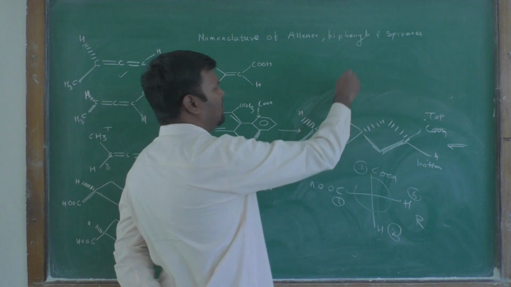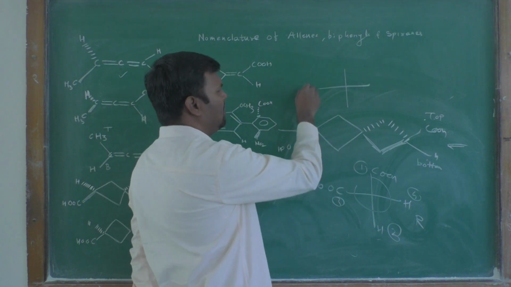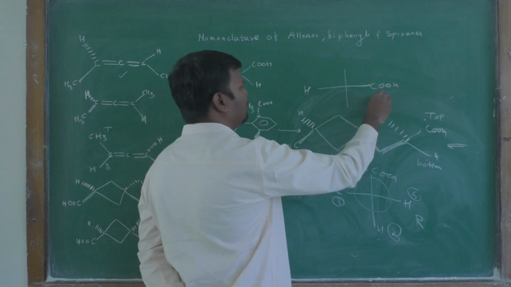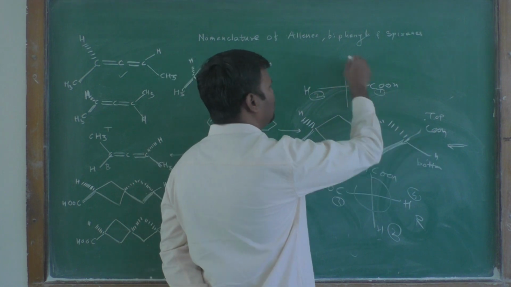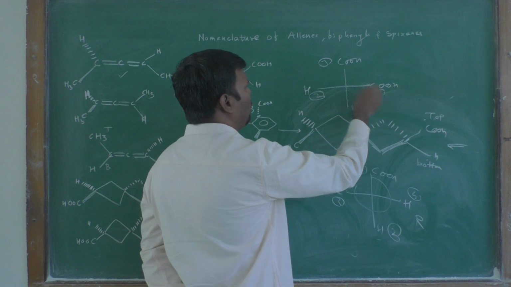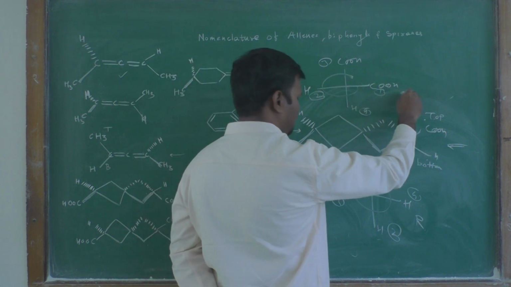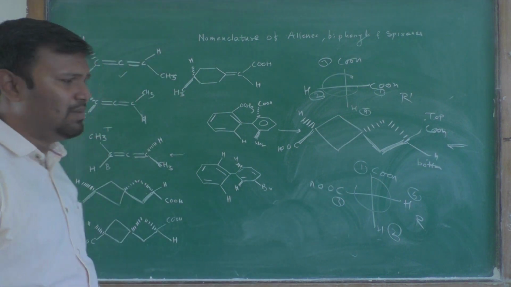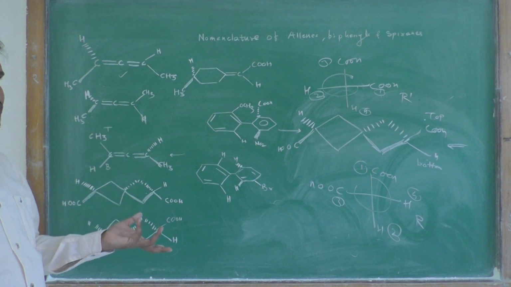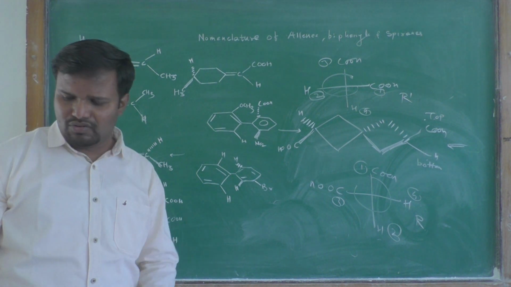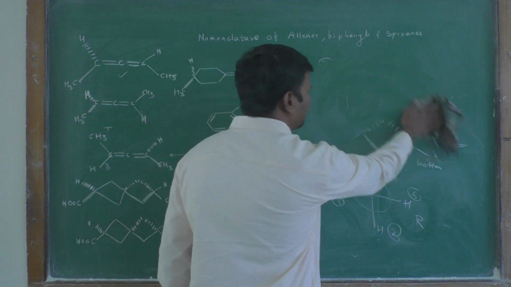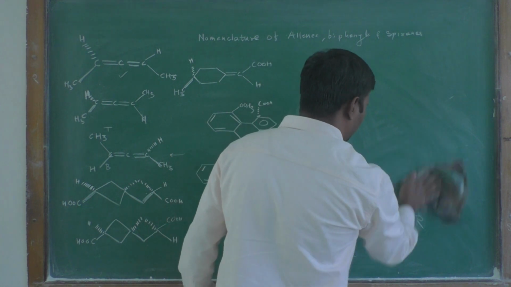If you look from that side, you find that from this side hydrogen is on the left hand side, COOH is on your right hand side. You have to give the priority to this group first, 1 and 2. Then top COOH is there, 3, and bottom hydrogen, that is the 4. 1, 2, 3. Your movement is like that, R configuration, and it exactly matches the R configuration. When you look from any side, from the left hand side or the right hand side, every time your configuration should not be changed. Then and only then your configuration is the correct one. You remember like that.